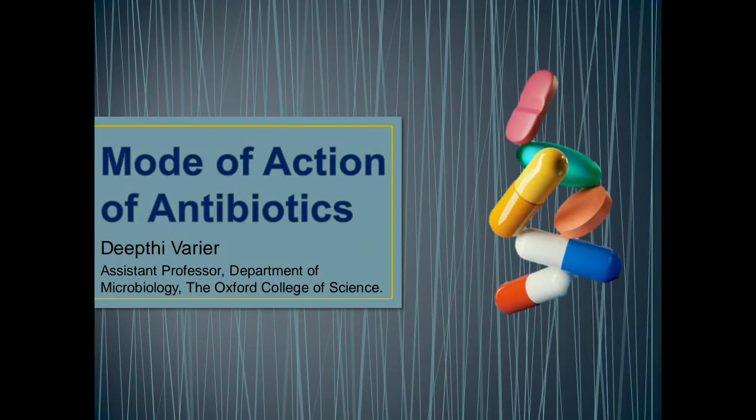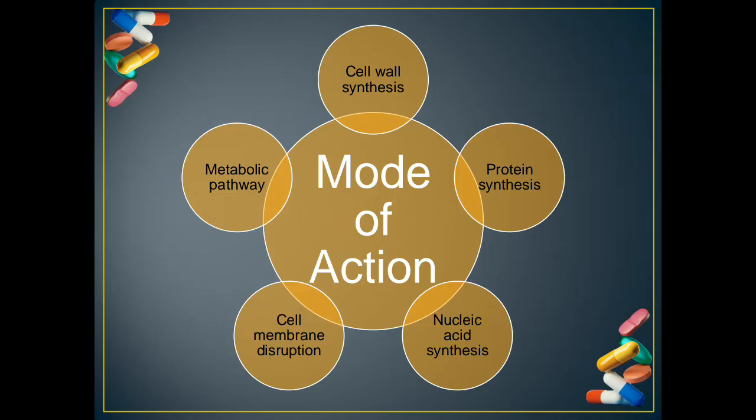In today's video series on antibiotics, we will be looking into the different modes of action of an antibiotic. So the antibiotics are divided into 5 groups based on which part of the pathogen cell they act upon. Now in this video, we will be restricting ourselves to the antibiotics that are affecting bacteria, or the antibiotics which are antibacterial in nature. So with respect to the mode of action, we have 5 types of antibiotics.